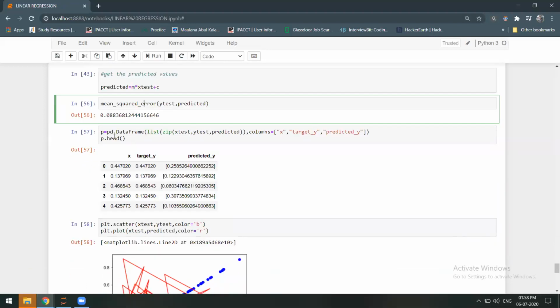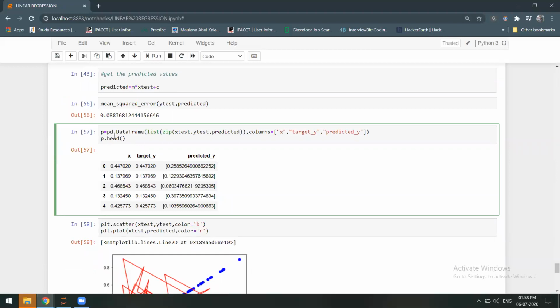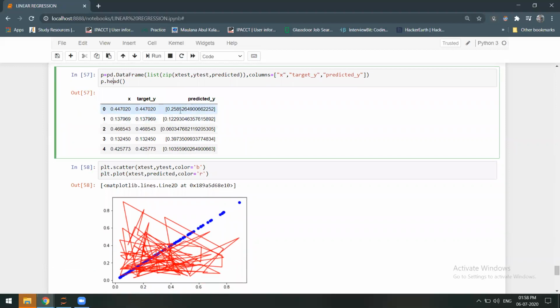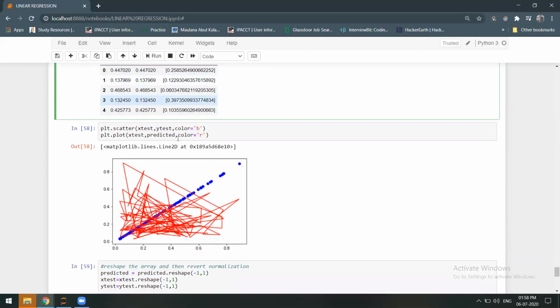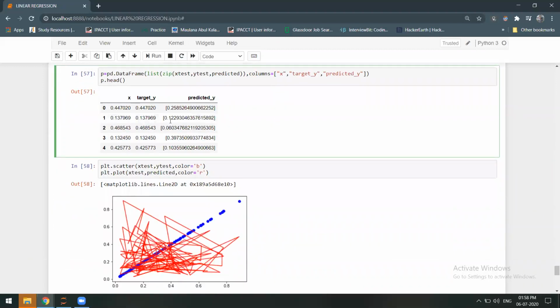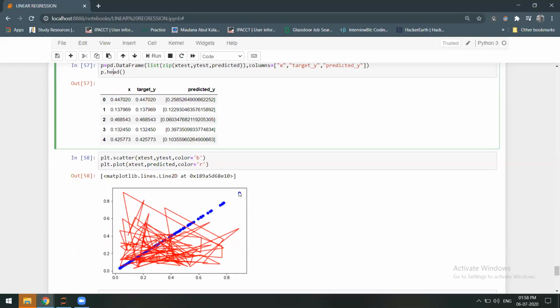Then pd dot DataFrame, we are passing a list with x test, y test, and predicted, and these are the columns that we want in our prediction. Okay, output. You can see the target and the predicted are coming very close. Now we have plotted a graph using plt dot scatter and plt dot plot,